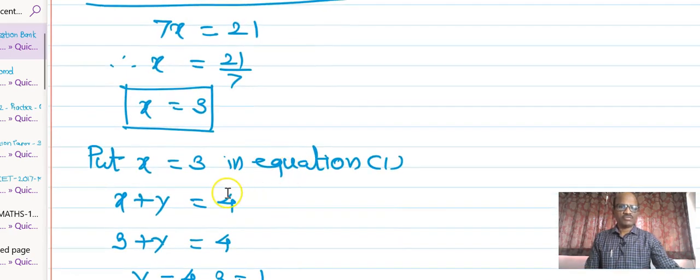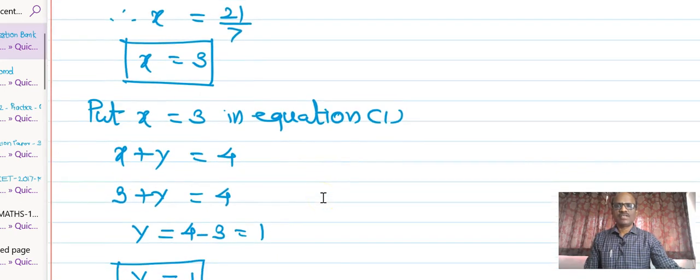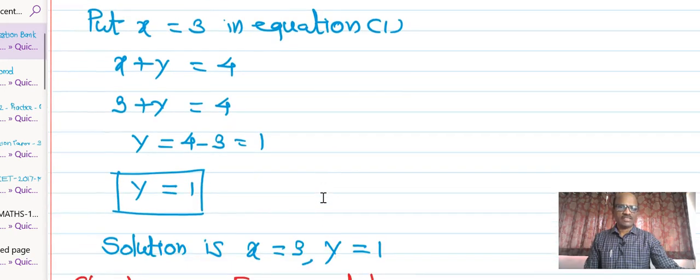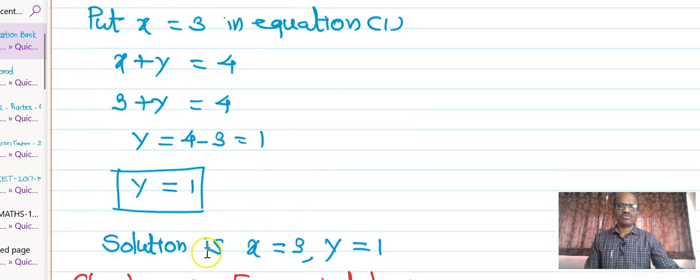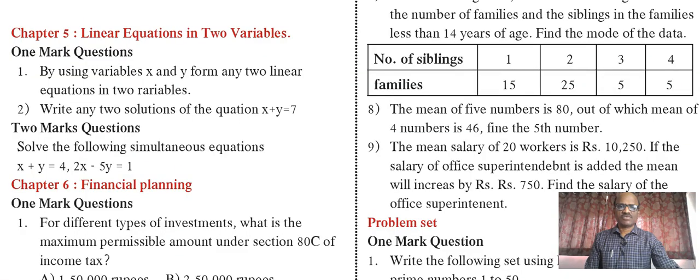Now put x is equal to 3 in equation number 1. That is, 3 plus y is equal to 4 and that's why y is equal to 4 minus 3, and y is equal to 1. Therefore, the solution is x is equal to 3 and y is equal to 1. These are the types of problems you can solve again from the 9th standard textbook. Now next question,